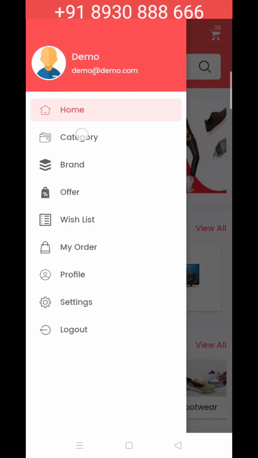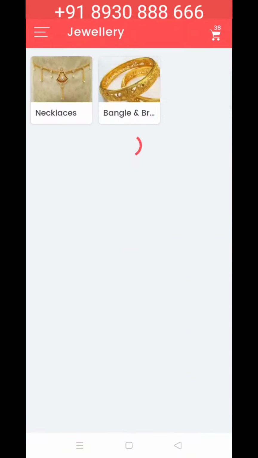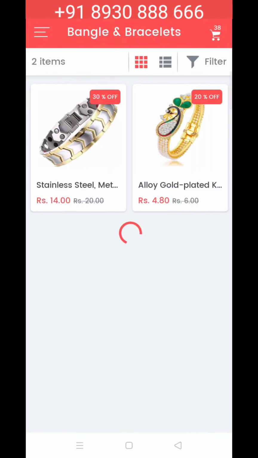If we go through the mobile application and I just click on the category, then you will see the multiple categories which we have listed on this mobile app. And further there are subcategories, and you can put the products in the subcategories, and after all there will be a detail page you can check.